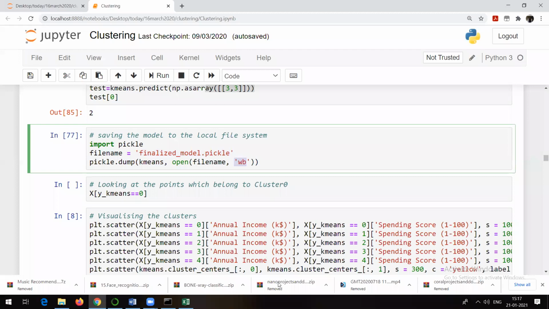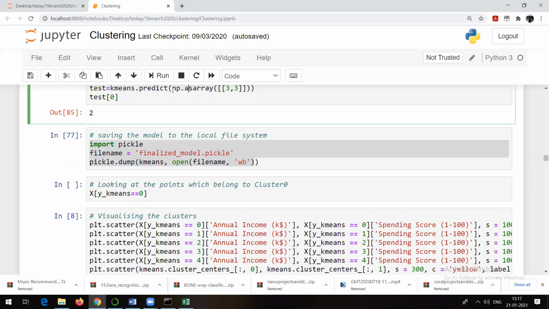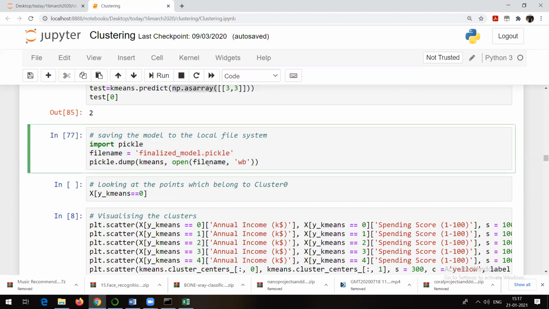Now those people who try to execute the previous code which I have shared with you, or those people who try to practice NumPy and all those things, you will get what this is. Obviously, you need to spend some time on that. I have already shown you how to create the model, when we saw the deployment also. So those who have executed all these things, it will be easy for them. But even those people who haven't tried it at least once, you will have to go and check it. You will have to execute each and everything whatever I have shared earlier. This is for those people who really want to understand the things.